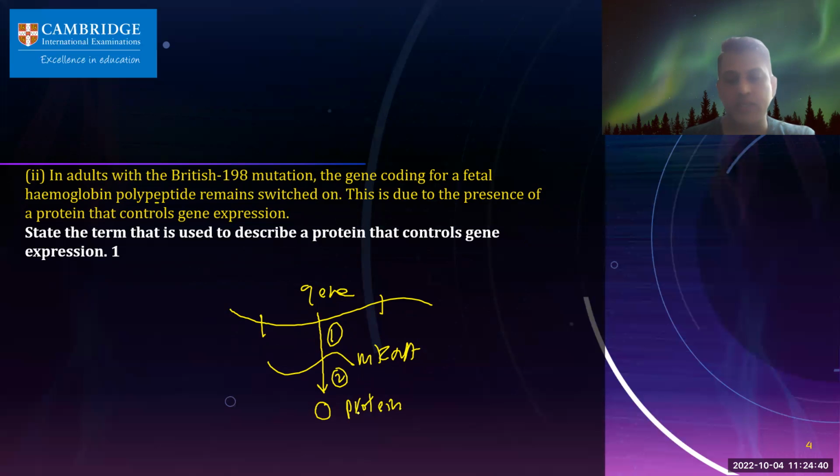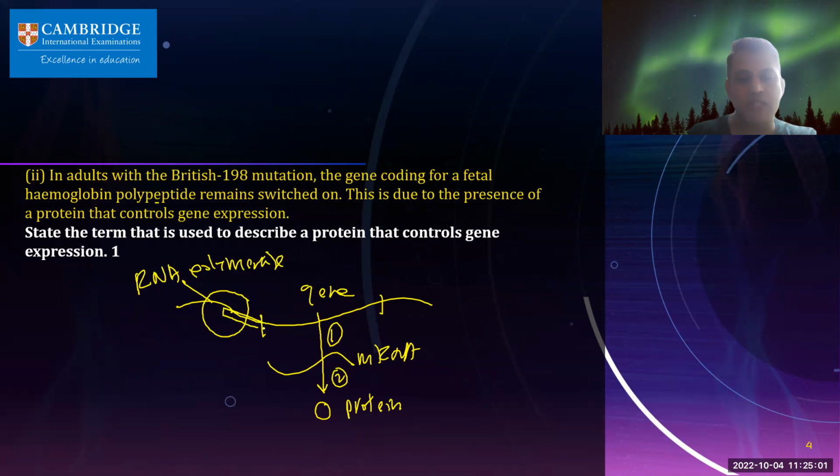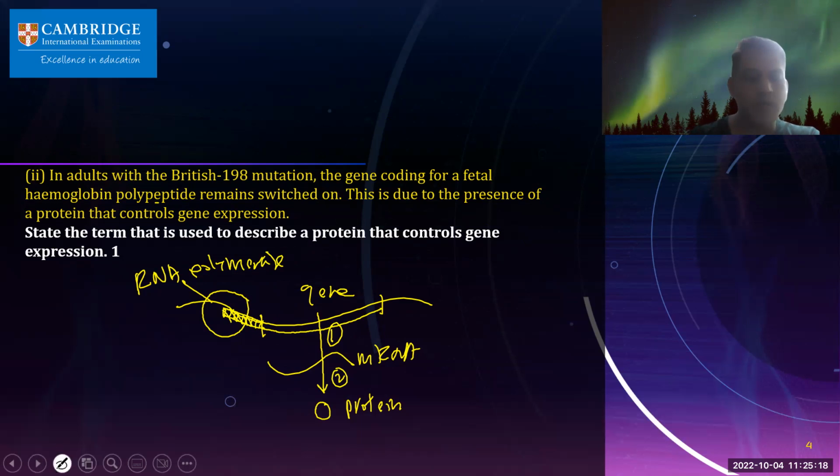So how is this process regulated? This process is regulated by different factors. In order to express this gene to messenger RNA, the enzyme required is called RNA polymerase. RNA polymerase should bind to a special region, called the promoter region. This region is called the gene. So before the gene, there is a special sequence, and this is called the promoter region. If RNA polymerase wants to bind to this place, it should be